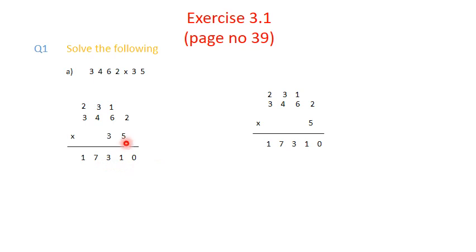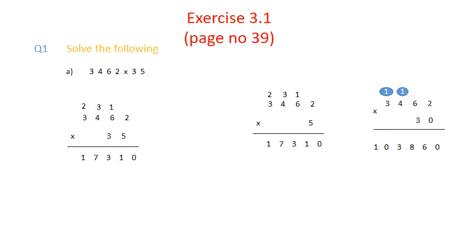Now what we are going to do, first we are going to place 0 here, or we'll take 30, so we place here 0 and then we'll multiply by 3. Okay, see, I have taken here 0. When we take here 0, immediately we are going to write down here 0, and now we are going to multiply 3,462 by 3, only 3, because this 0 we have already placed here, which is in the 1's place. Now 3 2s are 6, 3 6s are 18, 3 4s are 12 plus 1 becomes 13, 3 3s are 9 plus 1 becomes 10. See here, when we multiply the second time, I have the carry forward encircled.